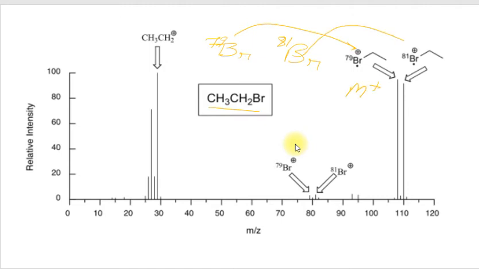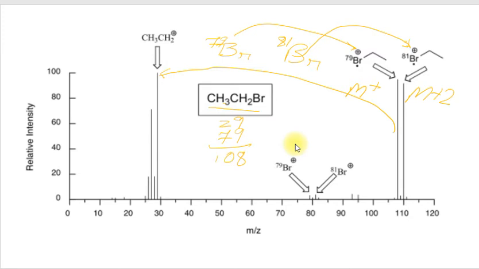When you take bromine 81, you get the M plus 2 peak. You can find out the fragmentation by subtracting. Here for the alkyl chain you have 29, and then for bromine 79, you have 79,